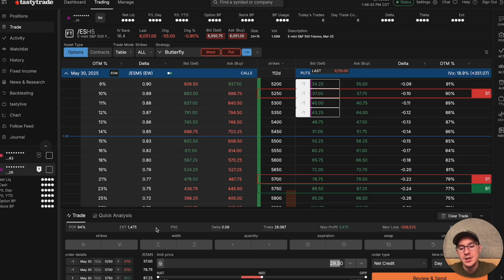Again, take profit I just mentioned would be once you reach a profit of about 750, and then stop loss would just be this amount times 2 or 3 if you have a stop loss, or just holding through if you're doing that as well. So now that we know what the trade is and how to enter it,